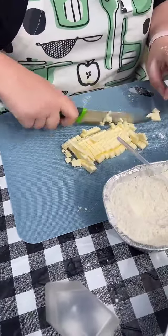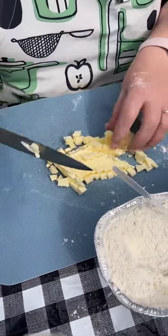But this is going to give you just the delicious part of your